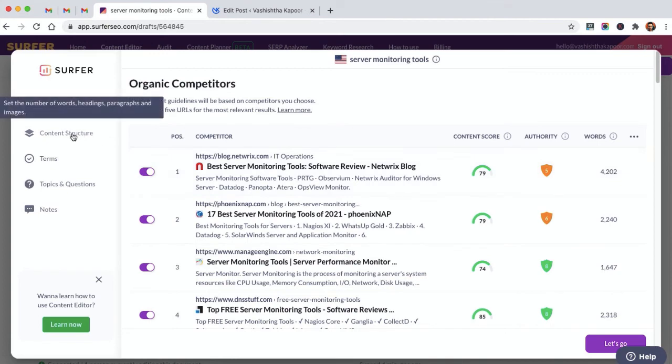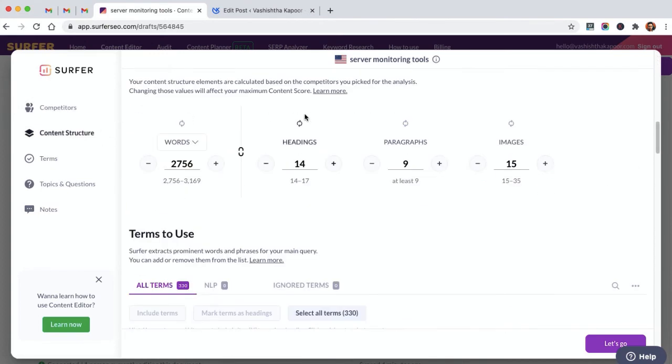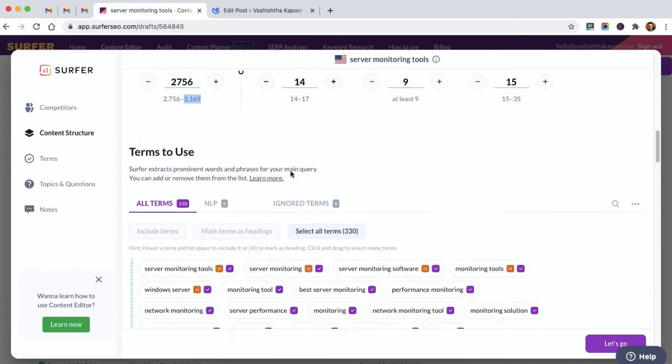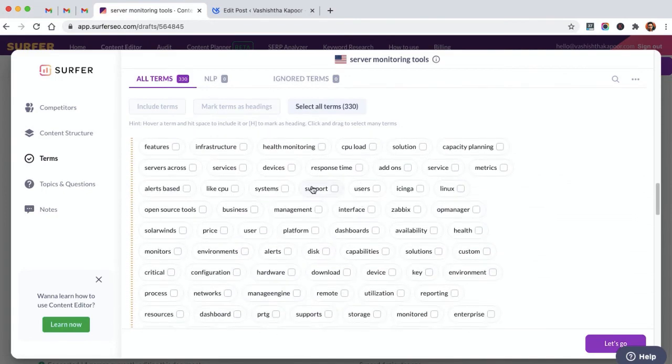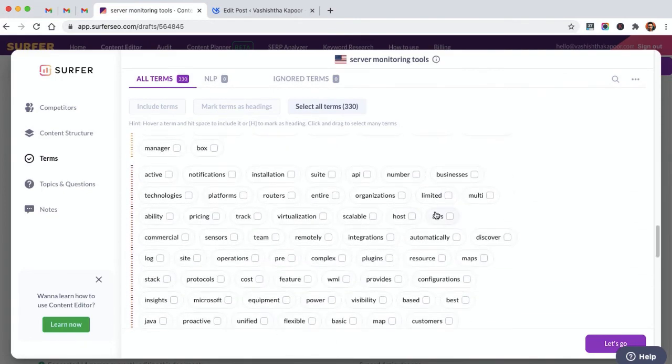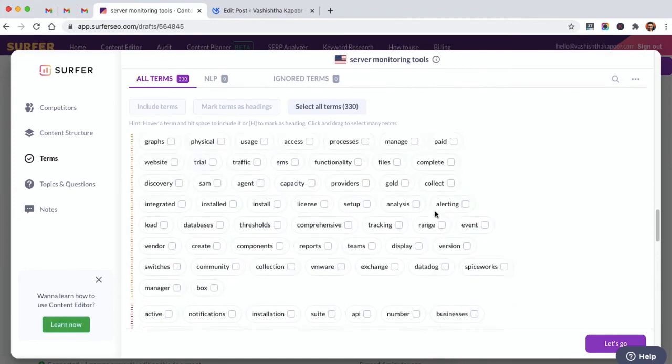Getting further, you will see content structure where you can customize the way you want to optimize your content. For example, you want to add more content to your article and the maximum limit is given 3100 words, then you can add more to this limit and it will still give you a green score or improved score in the content editor. And you can also then remove or include more words that you want your content editor to include inside the suggestions.